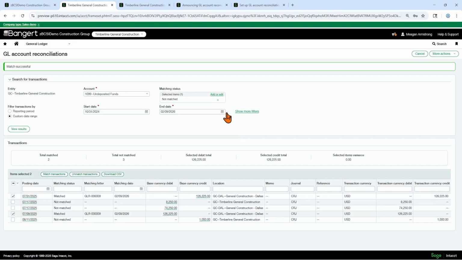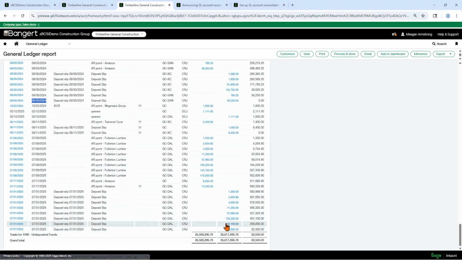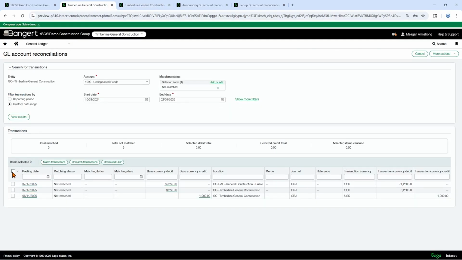I'll match transactions again and view results. So as of today, my balance in this undeposited funds account is $82,500. We select everything, and we're off by $1,000.